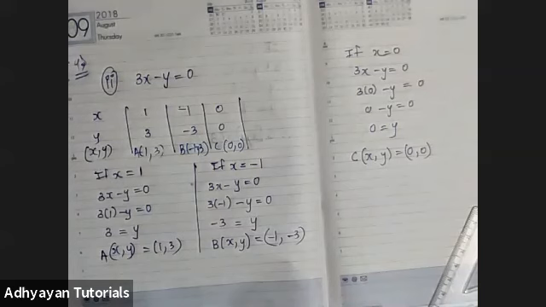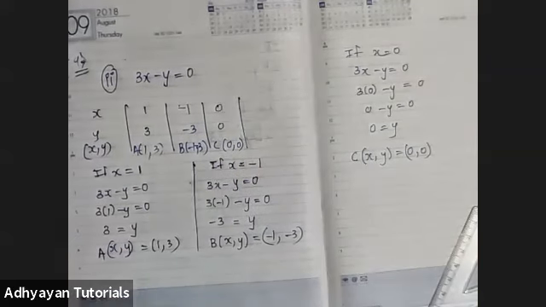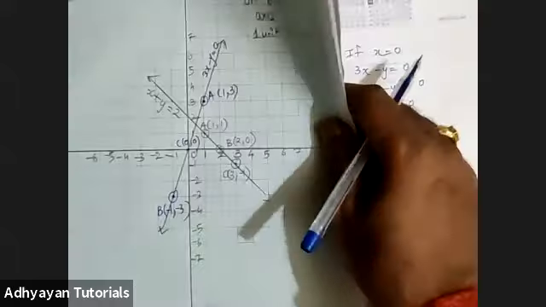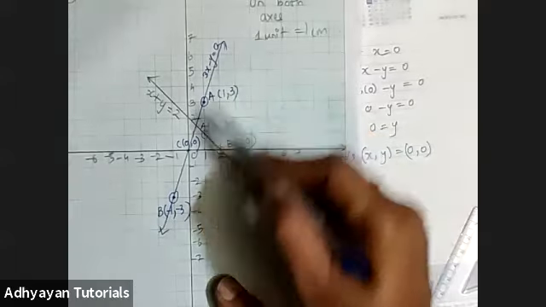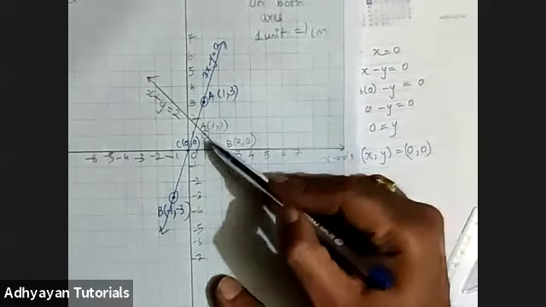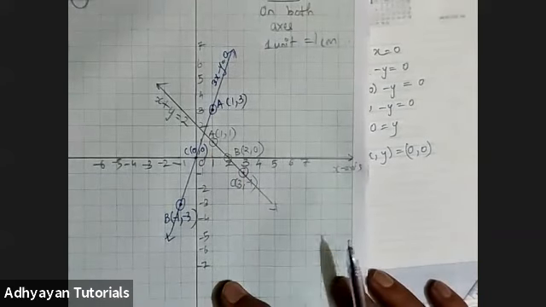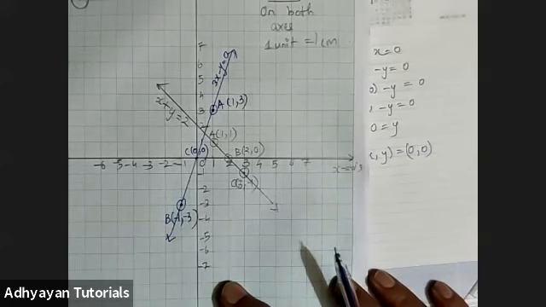Is there any kid who is still copying this part? Just let me know, or else I'll show the graph. I've plotted these 3 points with pen so that you people would be able to distinguish. Okay, sir. So here is the graph. The one plotted with pen is the graph of the second sub question, and the one plotted with pencil is the graph of the first sub question. You have to draw it on 2 different sheets until and unless mentioned by your school to draw on one.